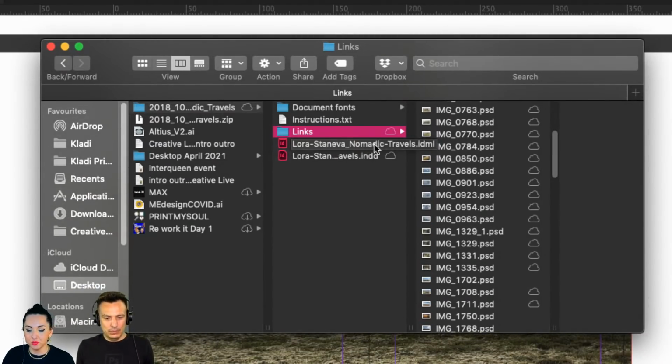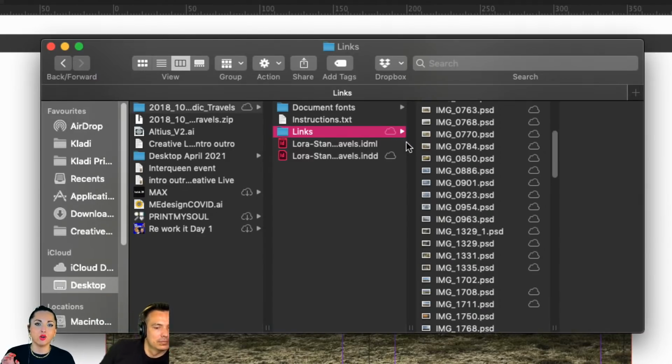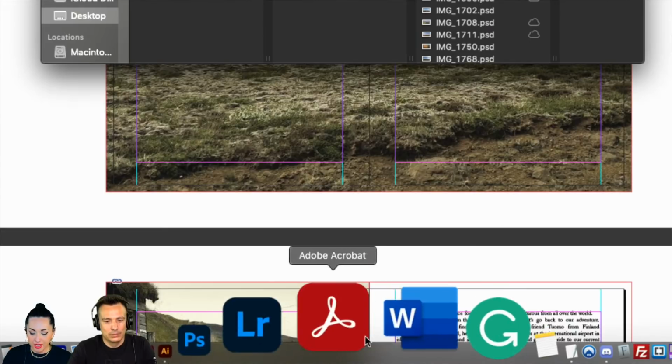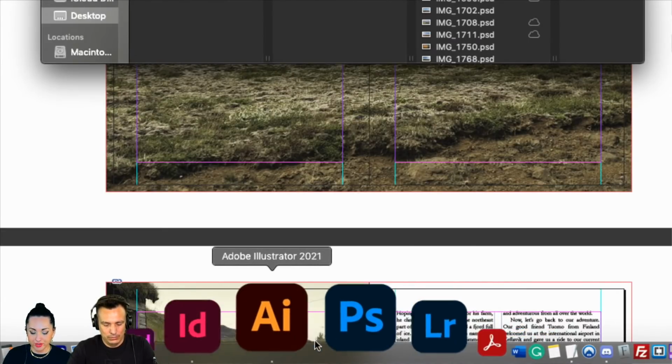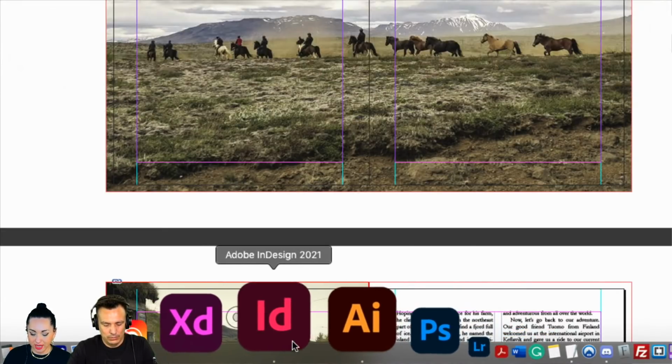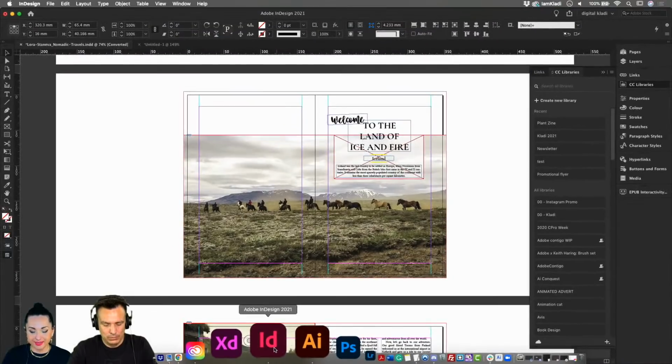So basically, if I do open the IDML, I will be able to open another version of the file and make any edits that I want without changing the original file that Laura has created. And then we have an InDesign file, which is the one that I've opened in my InDesign. Right, so one of the main questions that I had for Laura, since she's in chat, was to ask how come she has shared Photoshop files for a document.